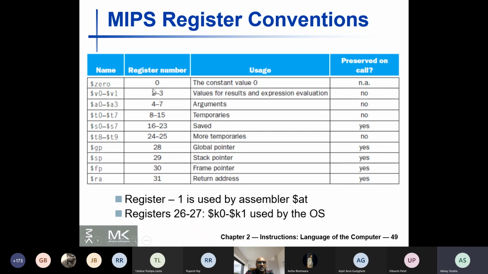And here register 1 is missing. This register 1 is used by the assembler, basically. That means after compilation, the assembler will do certain activity. Sometimes the compiler will use some symbolic code or symbolic instruction, which is not part of the actual machine instruction. For example, moving the contents of data from one register to another. So in that case, for the sake of simplicity,